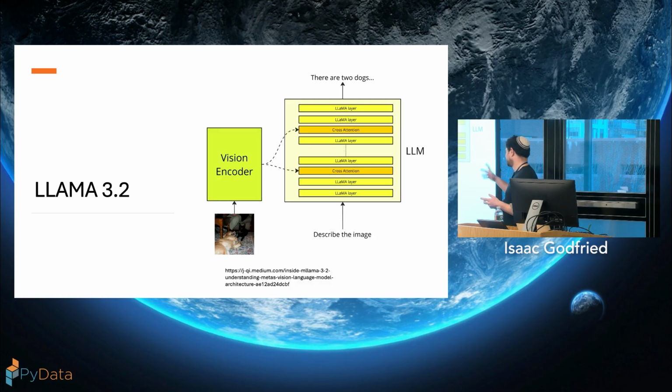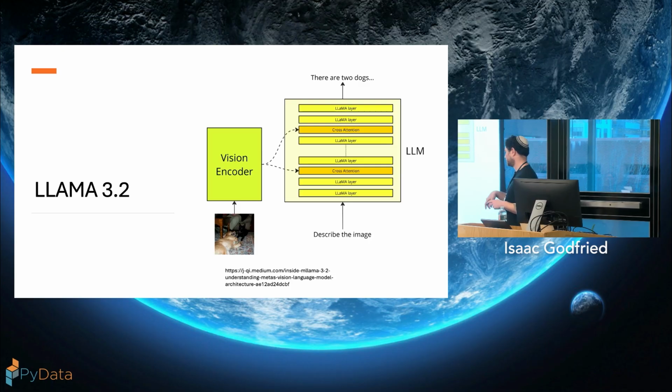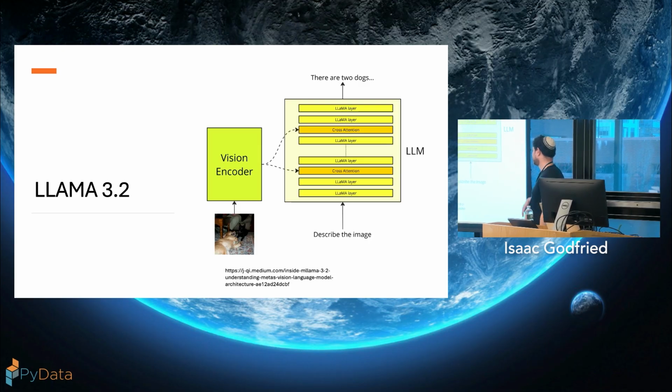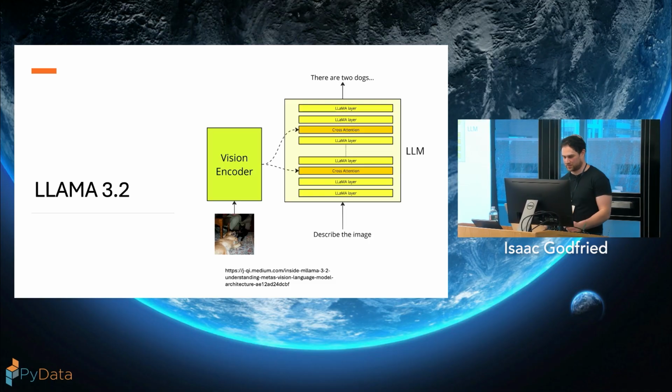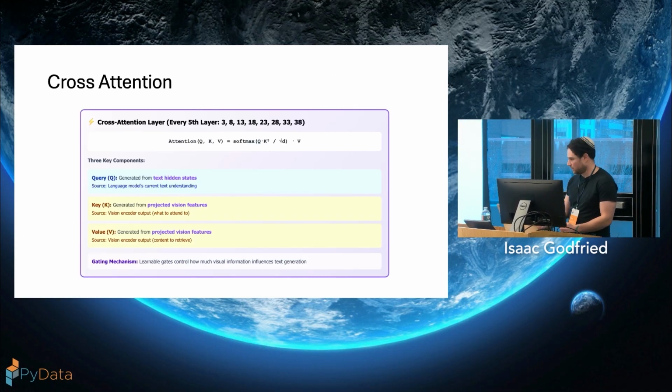And so it actually uses cross-attention, like I was saying. So you'd have an image encoder, and then it interleaves the cross-attention layer into the Llama layers. And then basically what happens with the cross-attention is, for the query vector, you're using the text hidden states, and for the key and value vectors, you're using the